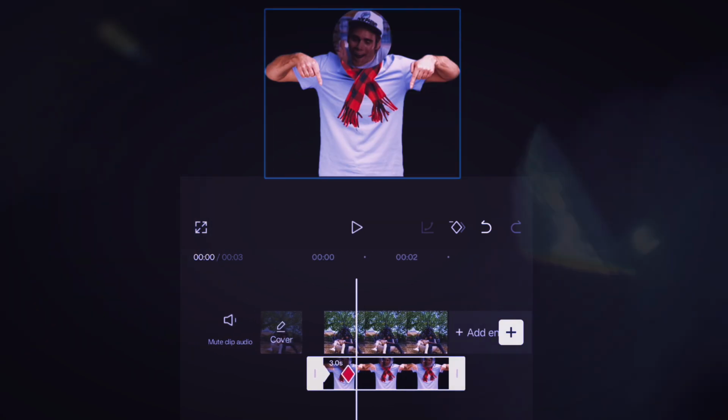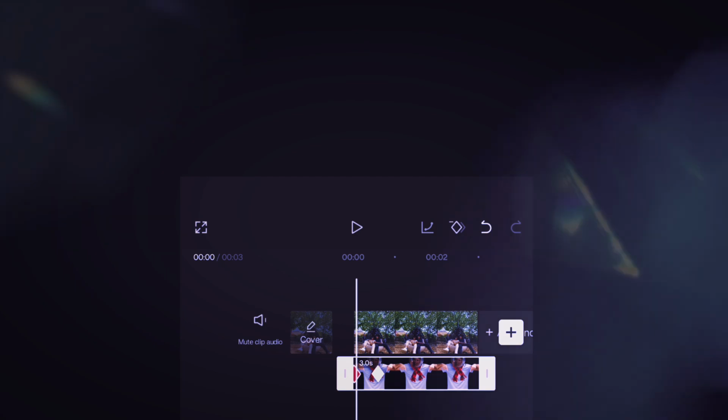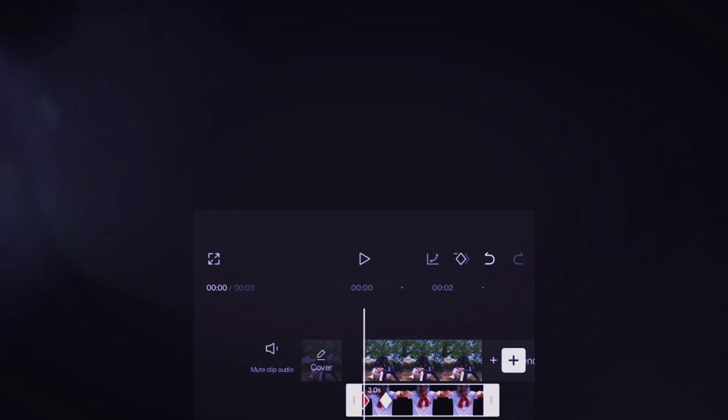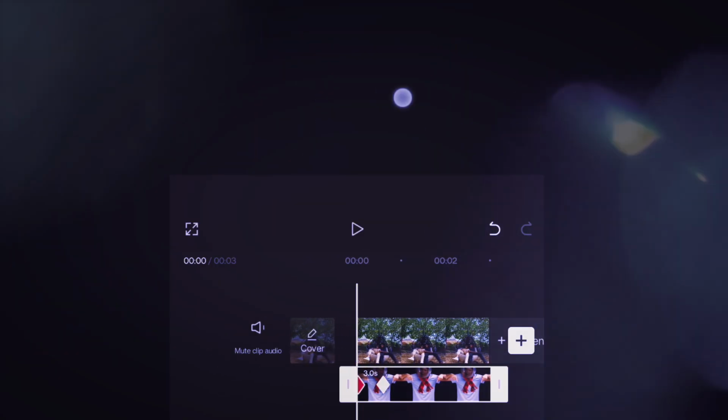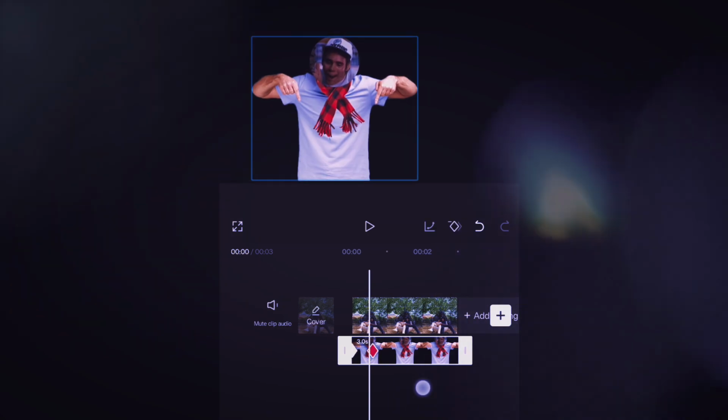In this first keyframe, you can animate from anywhere. I will come back to this first keyframe and animate it from the left side this time. You can animate the first keyframe from the top, bottom, left or right. So now you can see the animation is done, but it is coming in a straight line and doesn't have